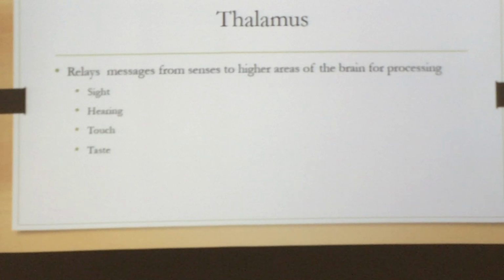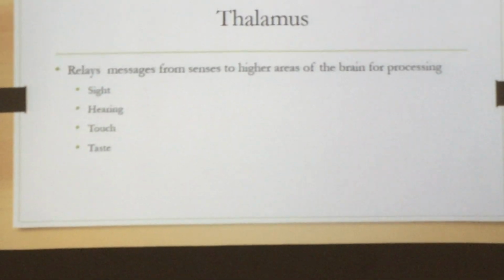And then you have touch. The thalamus is part of its pathway, and the information comes into the thalamus and it relays it to a different part of the brain. So we can actually call the thalamus the relay system of the brain. Okay? Now, I just told you something very important, but